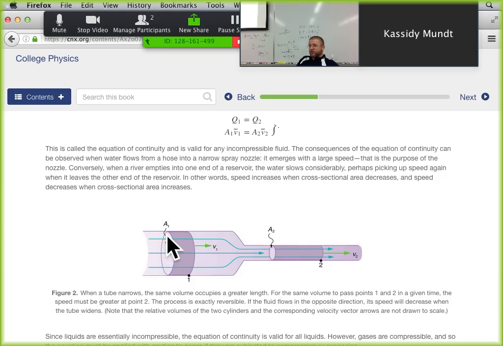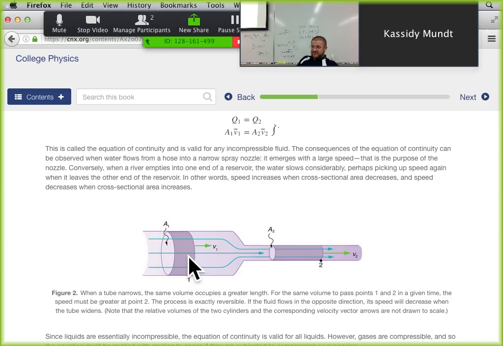In here, you have a great big cross-sectional area, so it can move slowly along. But in this pipe, it's a much smaller cross-sectional area, and it has to be longer. You have the same amount of volume that has to pass in the same amount of time. And since the same volume over here has a much longer length, this piece has to be going faster than this piece.